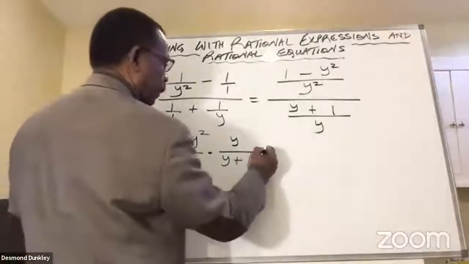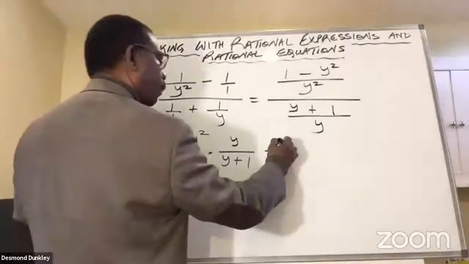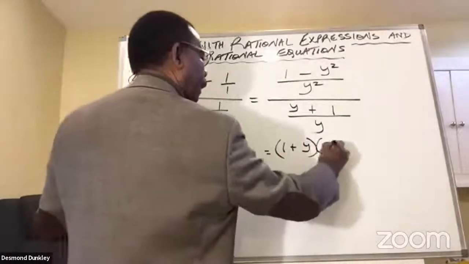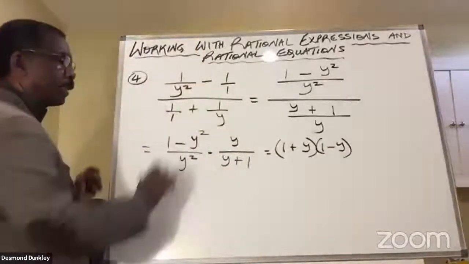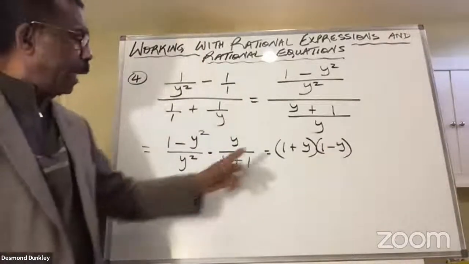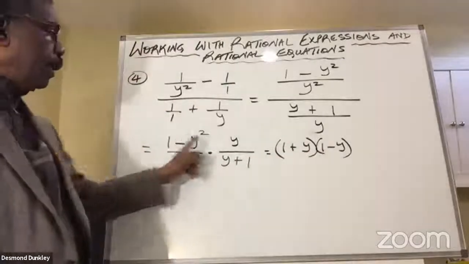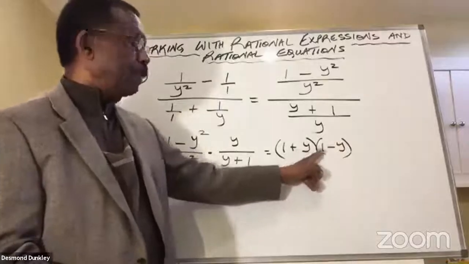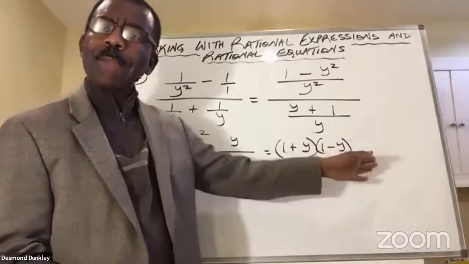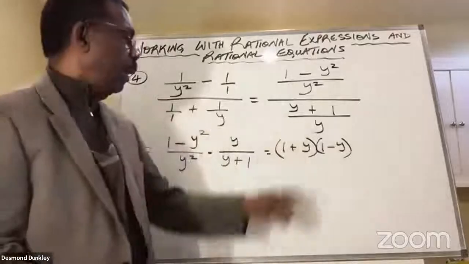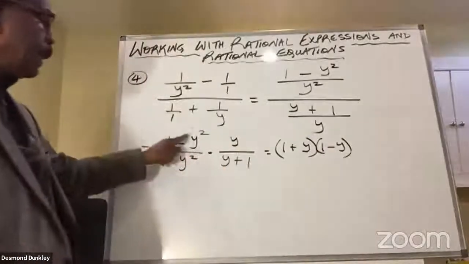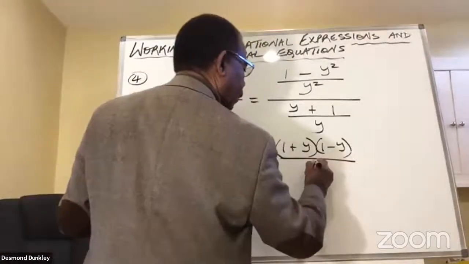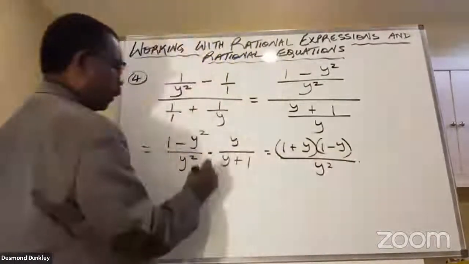So this becomes 1 plus y times 1 minus y. That's what this is. And just to check, to make sure that we're correct, 1 times 1 is 1. 1 times negative y is negative y. Y times 1 is positive y. Negative y plus y is 0. And then y times negative y is negative y squared. So it is perfect. And now we have that over y squared times y